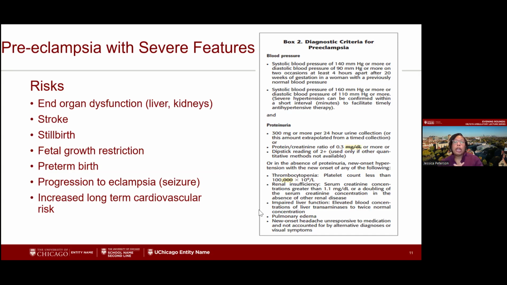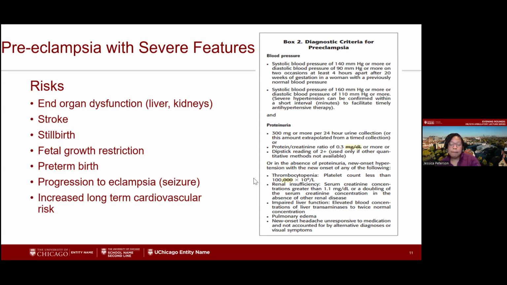So I talked earlier about preeclampsia labs, and that's something we do to monitor people who have gestational hypertension. This is actually what we're looking for, and that's the reason we monitor them, because if these labs are abnormal, even if a person's blood pressure is not severely elevated, we would still diagnose them with preeclampsia with severe features. So that would be if they have